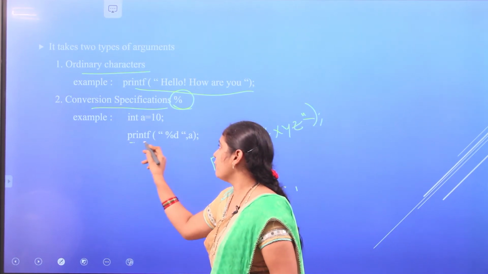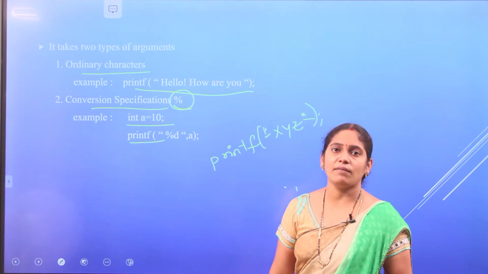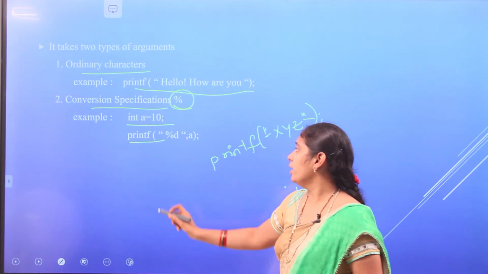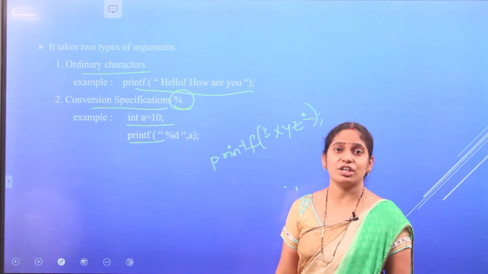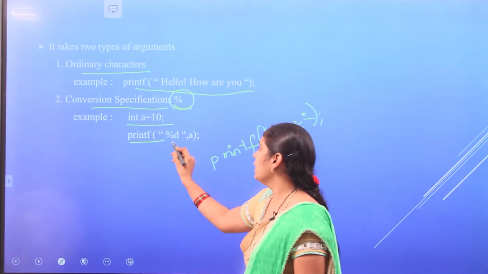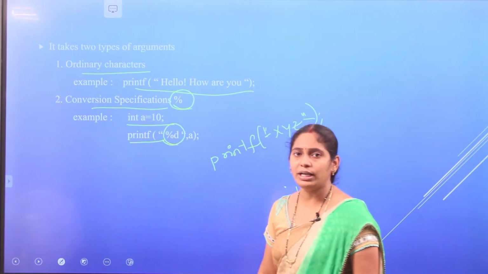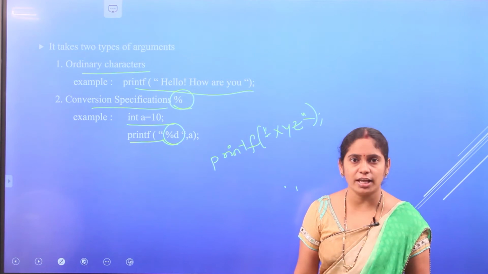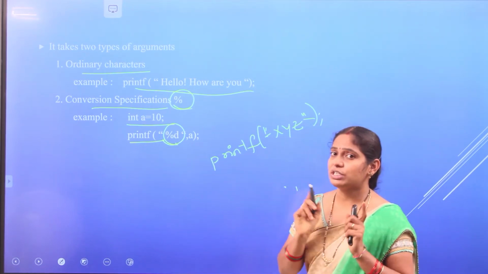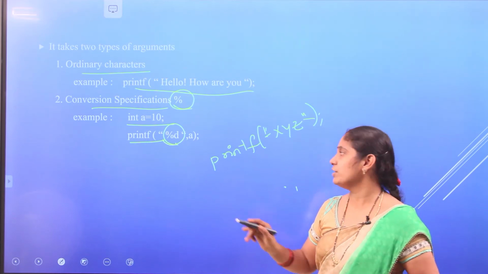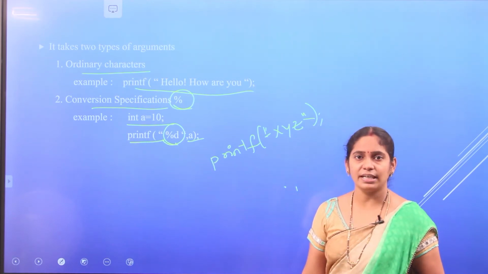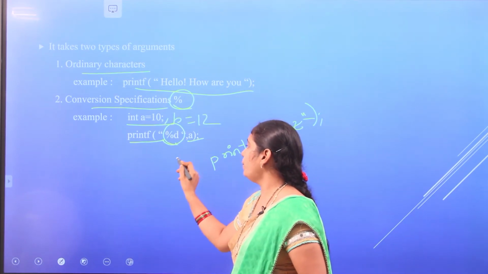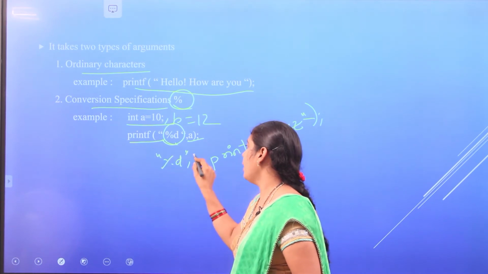So in printf, here we declared one integer variable a with the value 10. If you want to display the result, displaying nothing but output, we use the function printf, the output function, followed by %d. Which type of value is it? Integer value. What is the respective format specifier? %d. So printf %d. Which value do we want to print here? Value of a. So we should specify a: printf %d, a. If you have b as 12 and want to print that value, then %d, comma b.